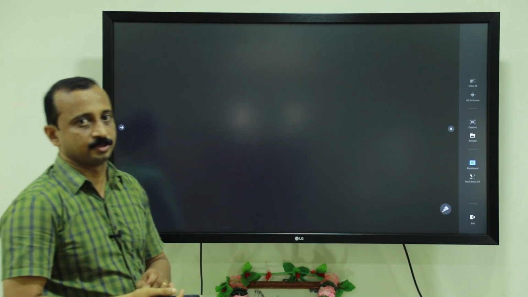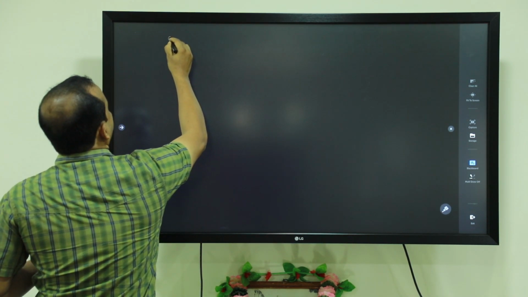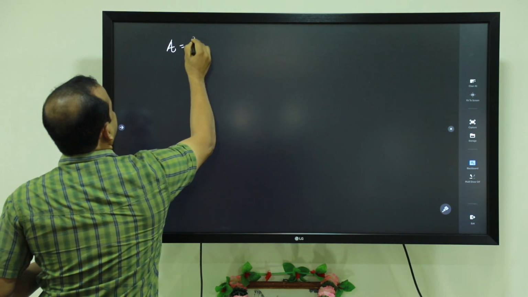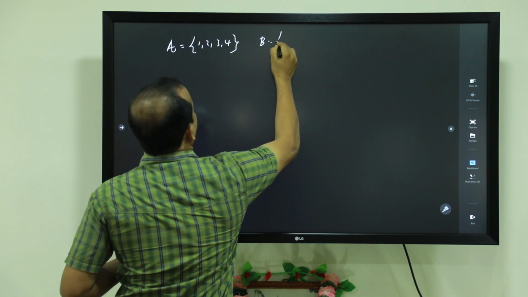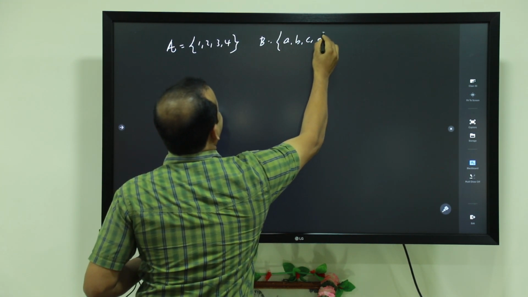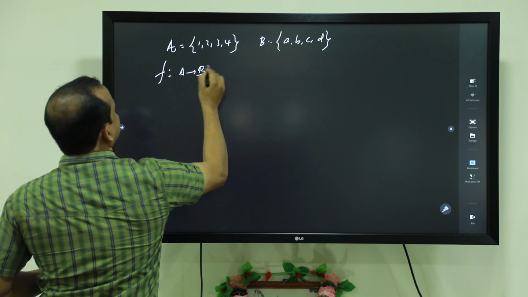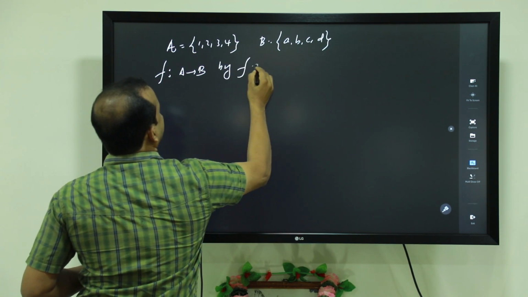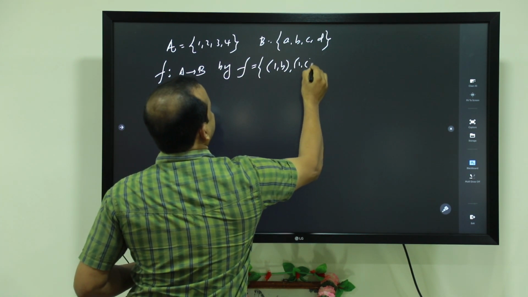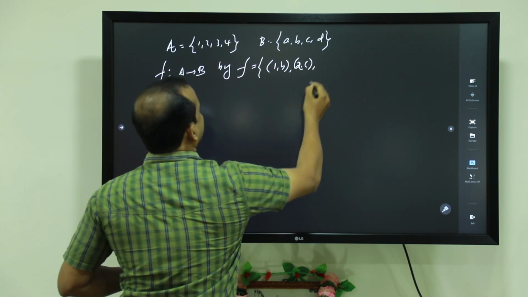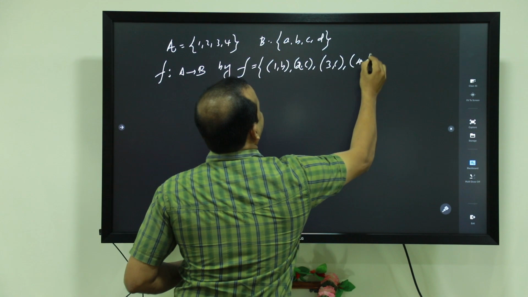Now some examples based on one-one and onto functions. If A is equal to 1, 2, 3, 4 and B is equal to A, B, C, D, define a function f from A to B by f is equal to the set of ordered pairs (1,B), (2,C), (3,C) and (4,D).